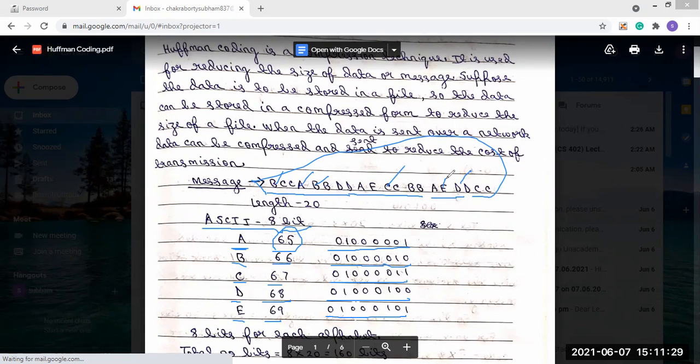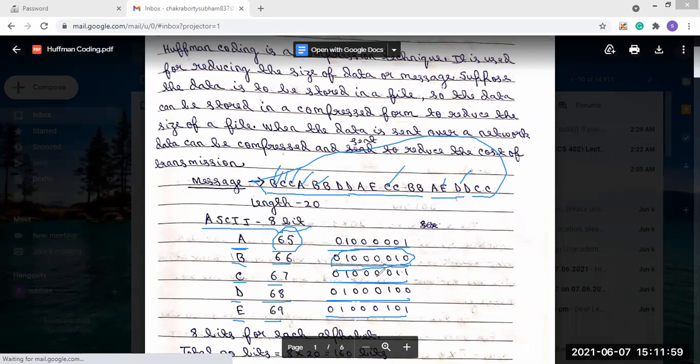And we know that these are ASCII codes, and respective to the ASCII code, we convert it into the binary form, which will be 8-bit data. So here B is 66, and this 8-bit code will be present here. Same as that for C, we know it is 67, so that 8-bit code will be present. This C also has an 8-bit code.